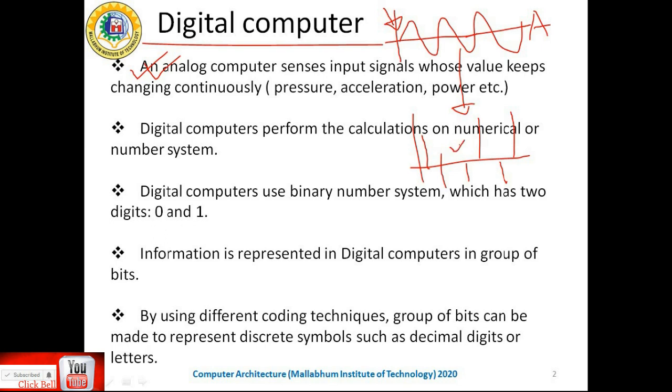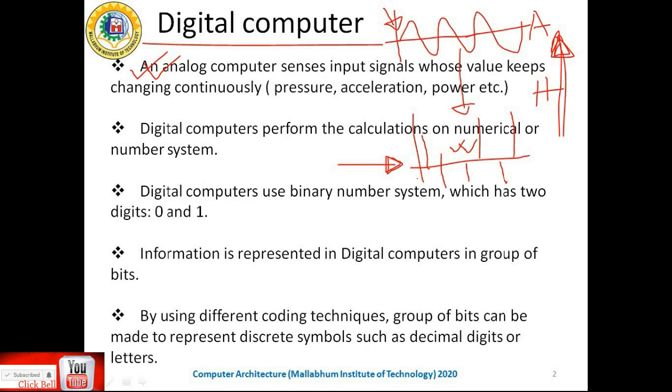That digital signal is understood by the digital computer, and whenever it prints out the result, it performs the reverse operation. That means the digital signal is converted back into an analog signal, so that humans can interpret the result. If the computer outputs an audio signal in digital form, no human ear can understand it. So you have to perform some operation to convert the digital sound to analog sound, so that the human ear can sense the audio. That is the main feature of the digital computer.